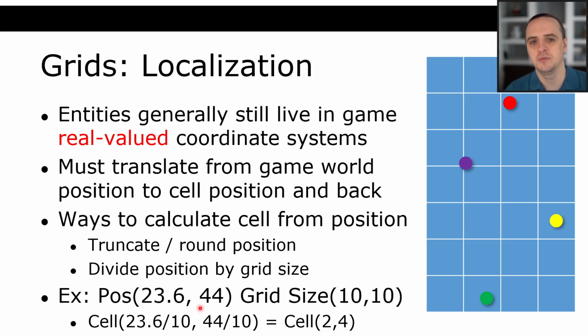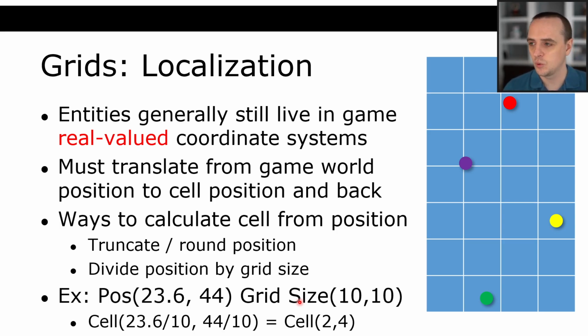And what do those values mean? Well, those values could literally mean anything. That world could be infinitely big. It could be size 100 by 100. It doesn't matter, right? We just have a unit that's living at position 23.6, 44.4. And let's say that we have a grid overlaid on top of that world, and the size of each cell of that grid is 10 by 10 pixels, right? So if we have a position at 23.6, 44.4, and we want to translate that into, for example, which cell is our